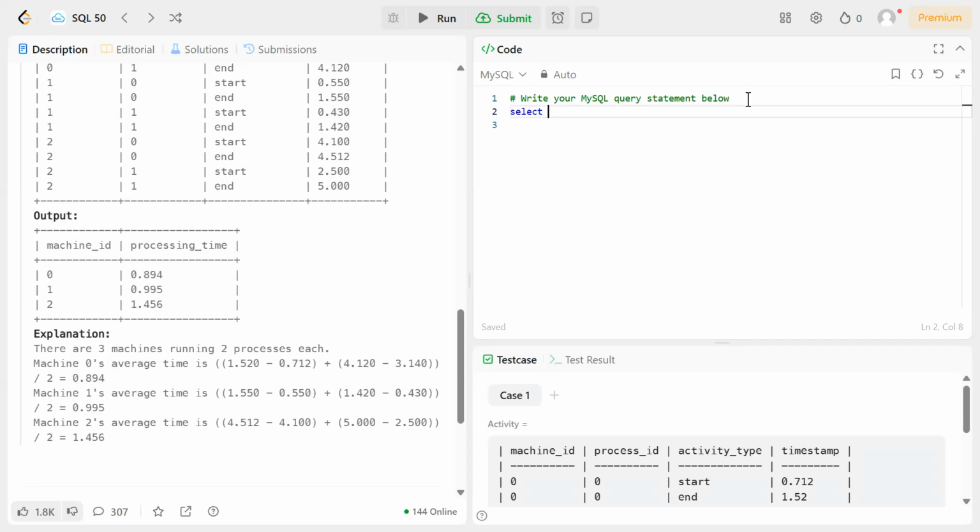We will be selecting machine ID, and we will be creating a round average of end_time minus start_time, and then comma 3, as we will be rounding our average time up to 3 decimals. So that is why this 3 is here, and then processing time from,